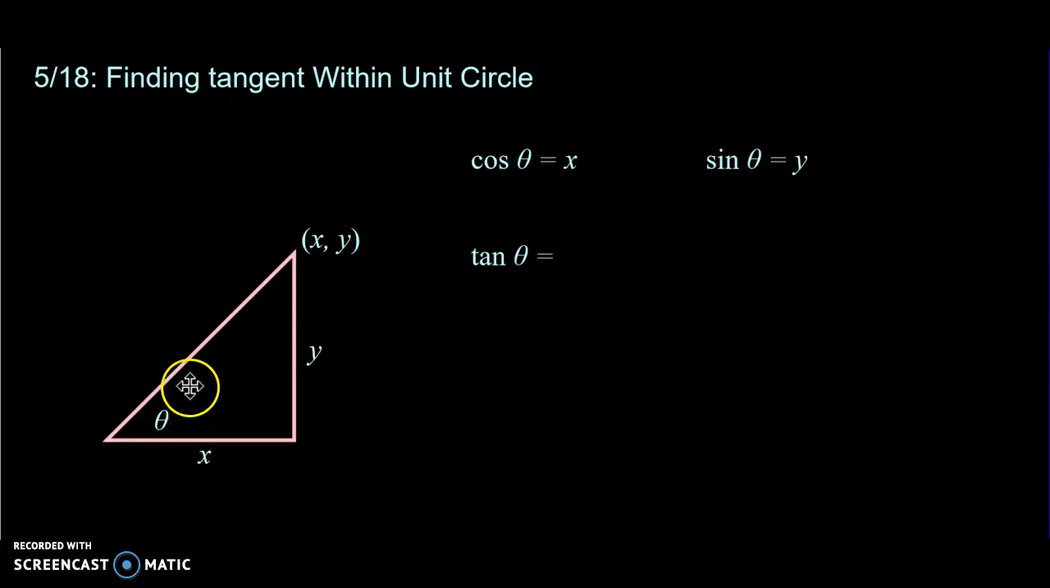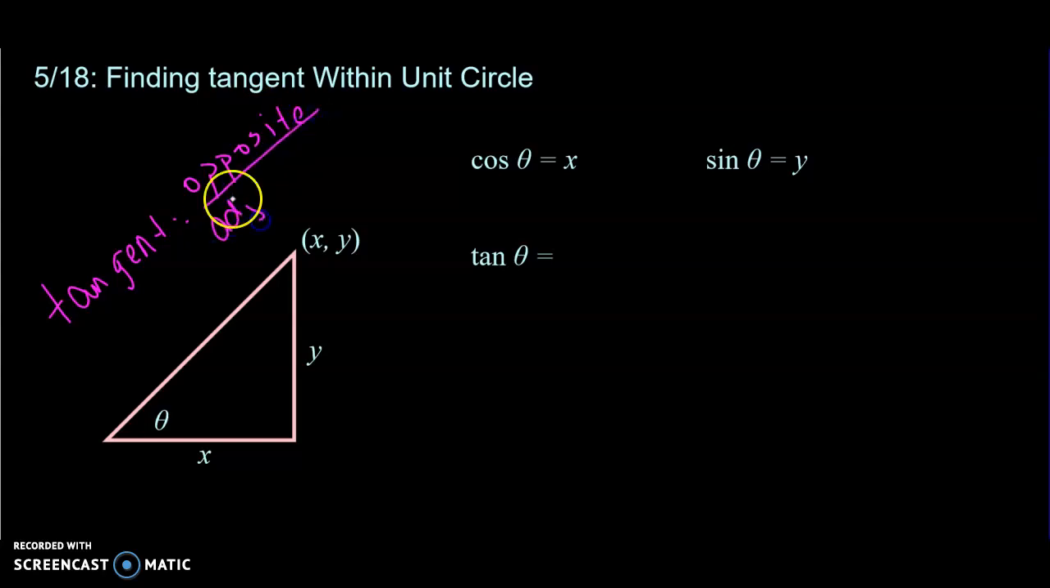And so if I wanted, just to review, to find tangent from before using SOHCAHTOA, we had tangent is equal to opposite over adjacent, right? So if I'm talking about my angle theta right here, what is opposite? Directly opposite it is y. And adjacent is